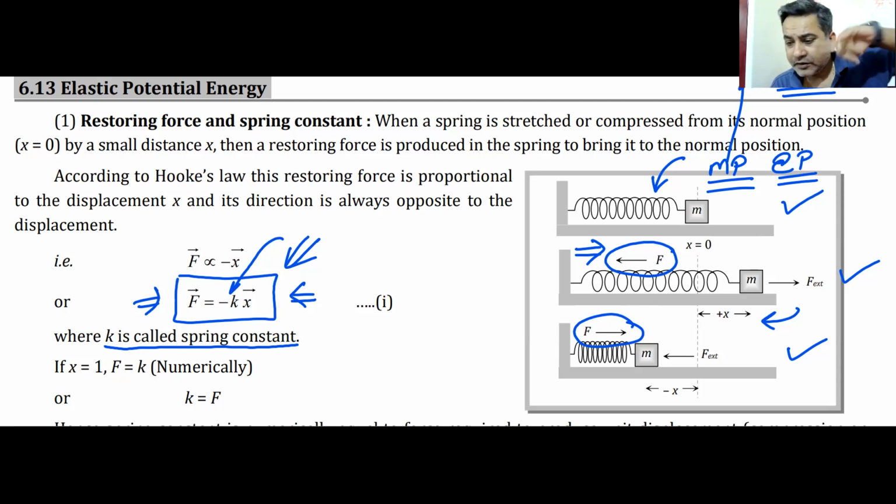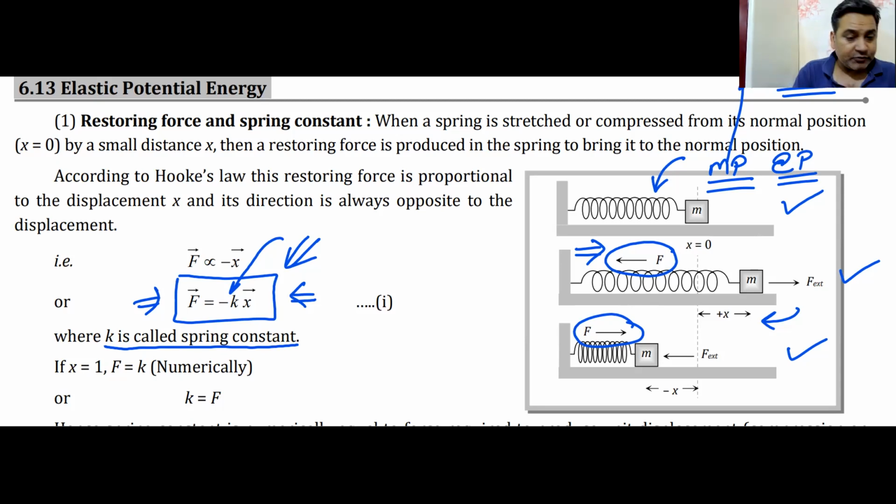Did you get this sheet with you? You have this sheet? Yes, no. No, sir. You did not get this sheet with you? Yes, sir, we didn't get that. Okay. What I'll do is, I'll put the soft copy in your group, so at least you can have a look at the soft copy. And I'll ask the office people why the sheets are not distributed. I'll put it in the Telegram group. You can have a look at this.